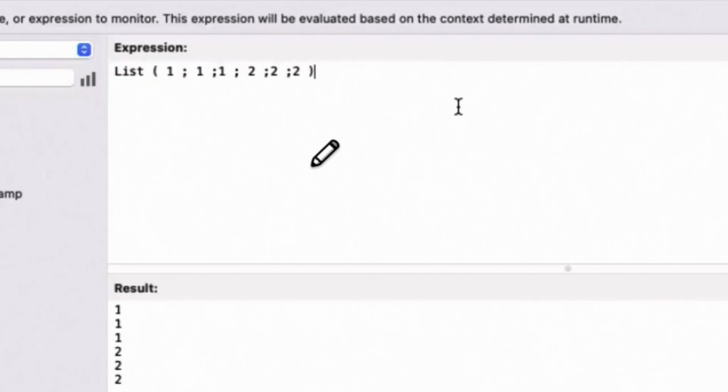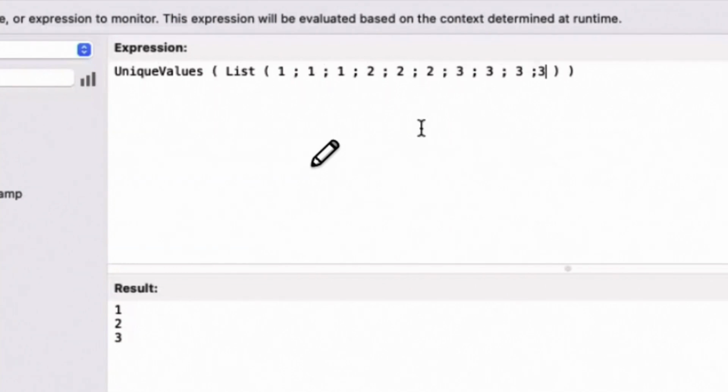But if you use unique values, even if you have the same value multiple times, it will ignore the duplicates. If I add a three, bam. But if I have three, and if I have four, five, six, six, like this, or five here, it will continue, right?